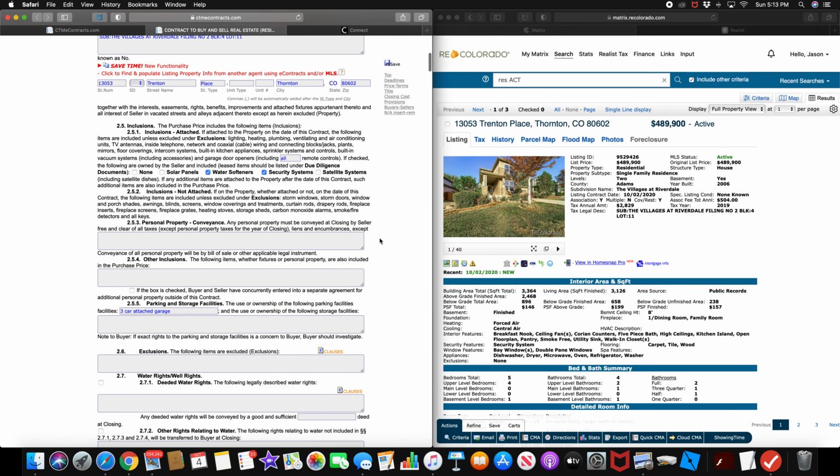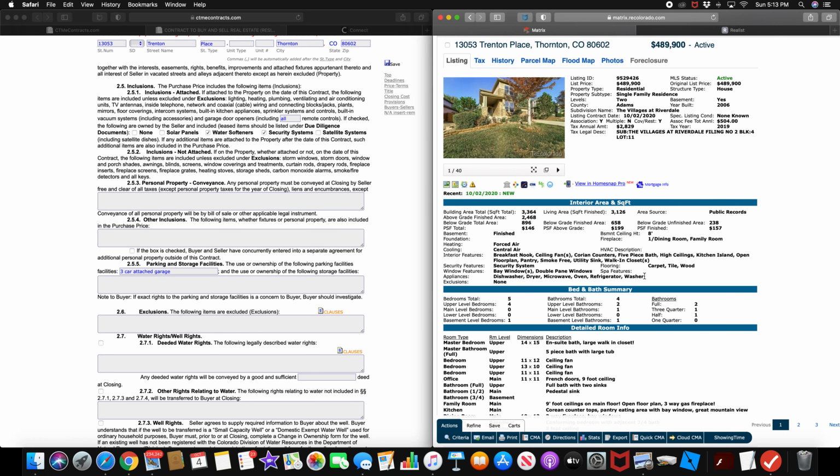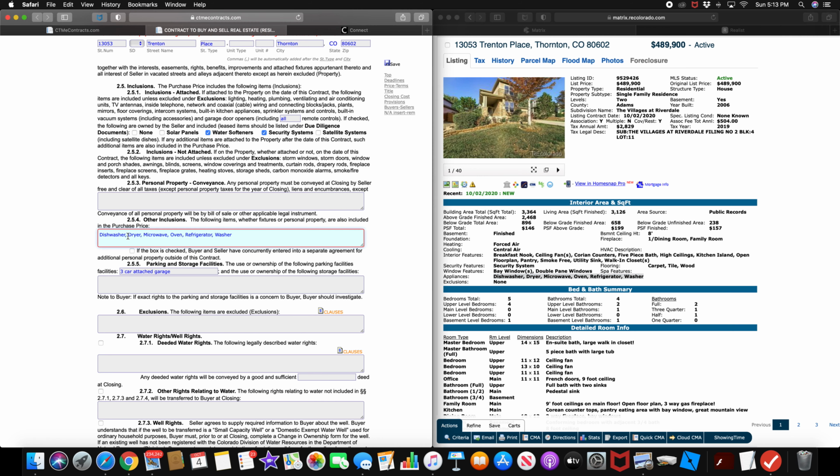So when we get down to here, let's say personal property. Okay, so other inclusions. So we can go right here. We can just copy and paste this right here. Appliances. A lot of times you might not even remember. So appliances: dishwasher, dryer, microwave oven, refrigerator, washer. Dishwasher. When I went, it was a black LG. So try to be descriptive, especially when they're nicer appliances. These weren't that great, but